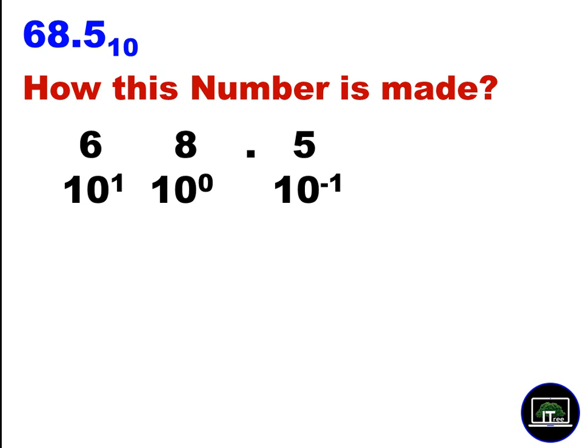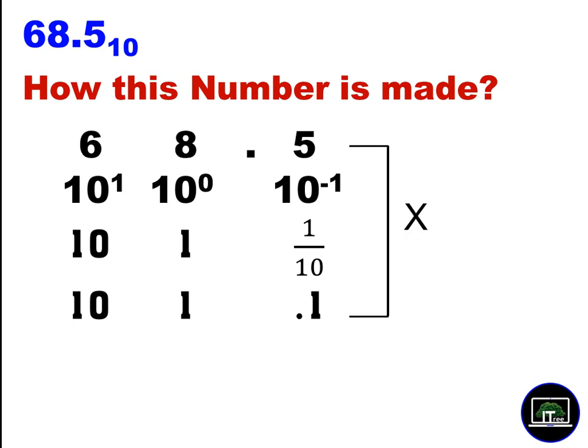Okay. So if you look from the decimal point onward, on the left side, the whole part, the powers increase. On the right side, the fractional part, they decrease. So it is always with the negative values. Now you can see 10 to the power 0 is 1. 10 to the power 1 is 10. 10 to the power minus 1 is 1 divided by 10. You should remember that it is 1 divided by 10. Then your values are 10, 1, 0.1. It's 0.1. Very, very important. Then you multiply these values, and this is the answer you are getting.